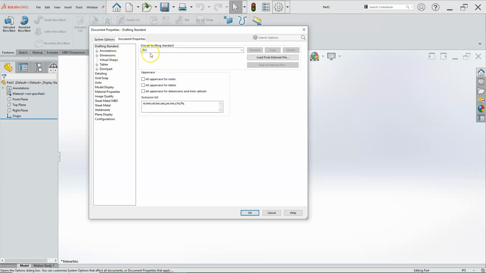Document properties. Right now I have it set to ISO. If you want to switch to ANSI, you can just click on ANSI, and eventually we'll save that into our template if you decide. I do like some of the ISO preferences, but that's just me. Annotations, dimensions, can just